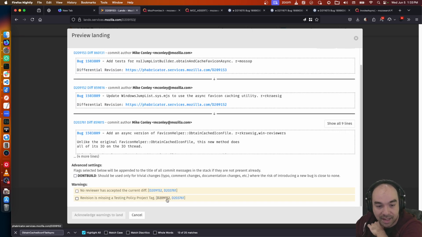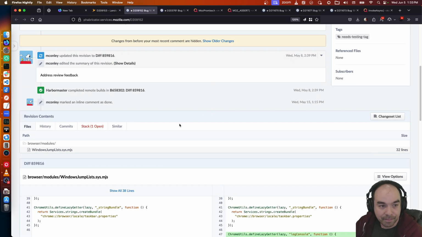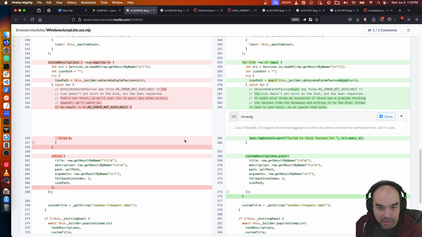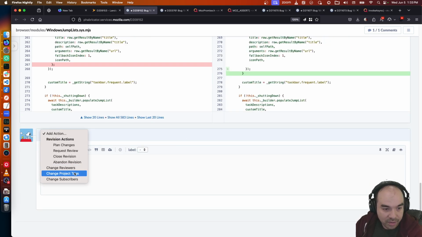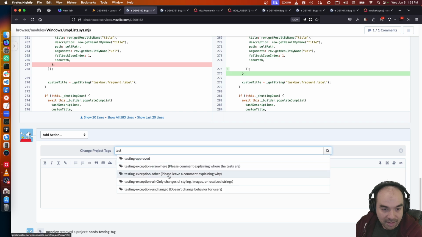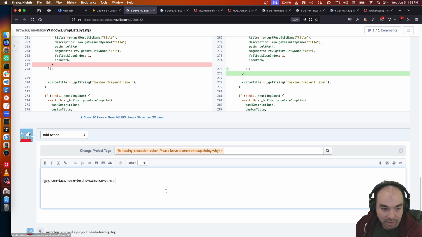Missing a test policy tag. I need to add those. So I'm going to say change project tags, testing, exception, other.